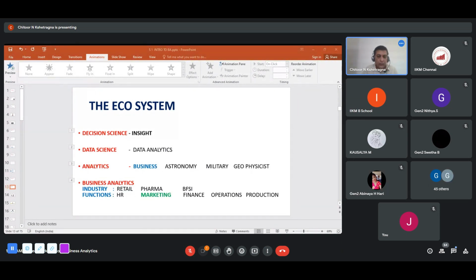And then we have production. Let's say Hyundai or Maruti Udyog, the entire production scheduling of what car, for a car, wipers to be manufactured, horns to be manufactured, everything can be analyzed, right? So this is how the entire funneling happens, and this is the ecosystem. So this is the first thing we need to understand in data science, or from a business analytics perspective.